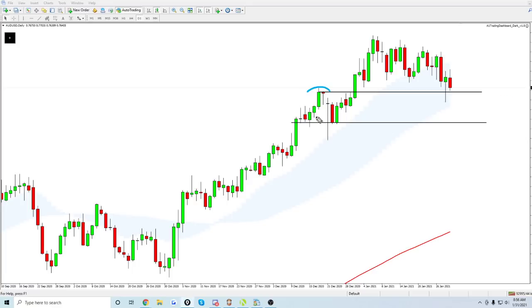So for example, we've got this previous resistance, we've got this support. So this kind of congestion zone, that's where I'd be looking to buy. Maybe during the week, I'll look on the lower time frames to find some sort of additional confirmation, maybe some sort of sign of bullishness or some sort of thing that comes out in the news that gives me a catalyst, and then I will try and jump in on the long side. So let's say, for example, we just buy the previous swing low here, and we buy here. For me, that would probably look like a stop underneath that low, right? And from there, if price does continue in my favor,